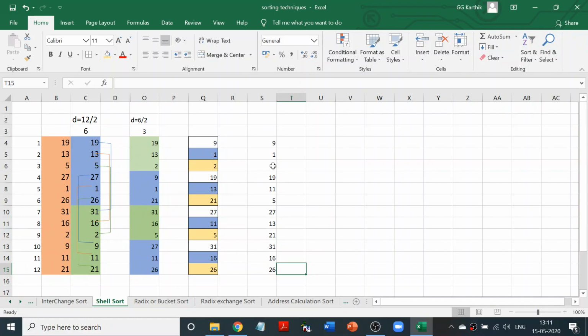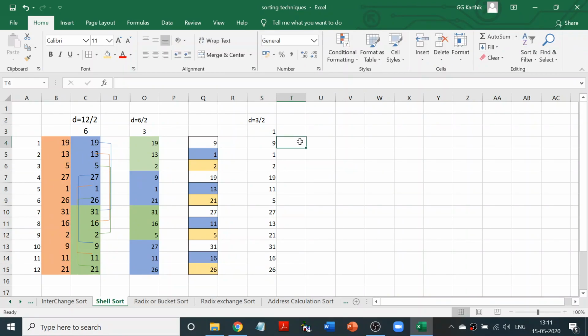Now what did we do? We have compared all the ones, we have compared all the 2's, and we have compared all the 3's. This is going to be your iteration number 2, right? You understand? Though this is one step, only after you do the second step is this iteration 2 complete. Okay, now you have iteration 2. Now what is the step we should be doing? We have to again divide it into what? D is equal to number of elements divided by 2, right? Number of elements we had was 3, so D is equal to 3 elements divided by 2. So it has to be 1, which means we have to compare each and every element here, right?